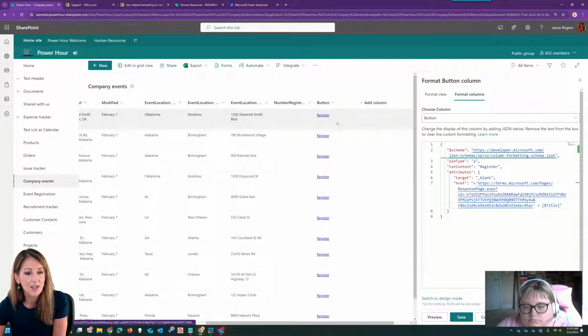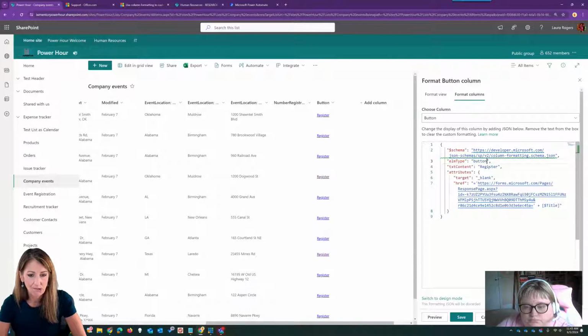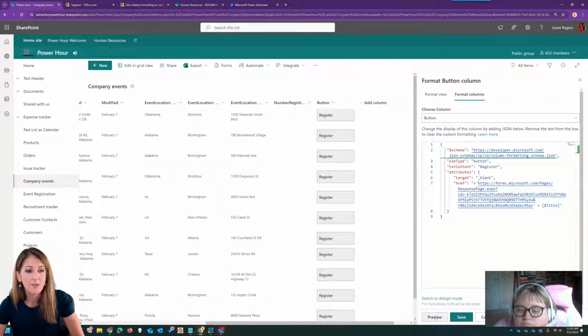Oh yeah, it's not a button. Its element type is A. So maybe if I just change it to button. Oh yeah. That's not pretty. It's pretty ugly, but we've done other Power Hours that talk about more of this concept. So I'll go ahead and save that